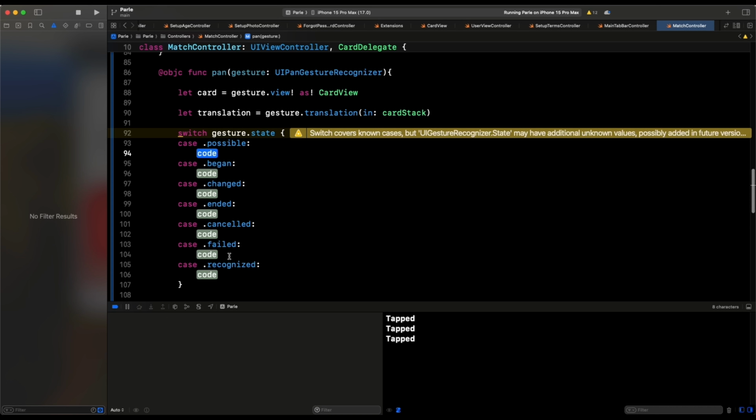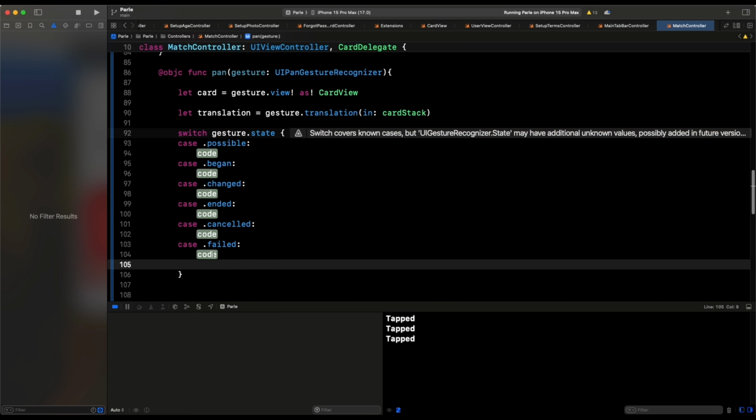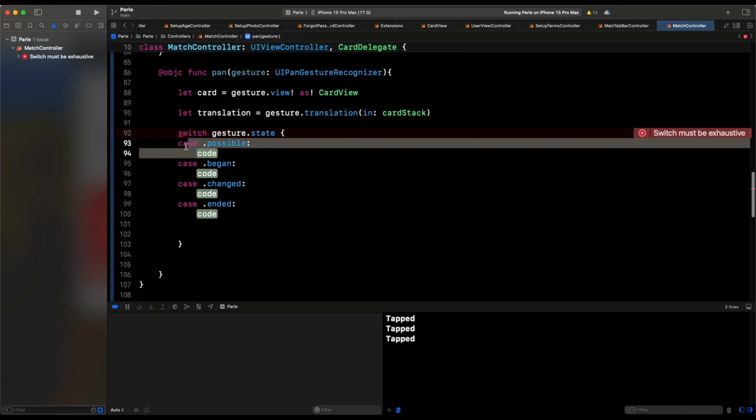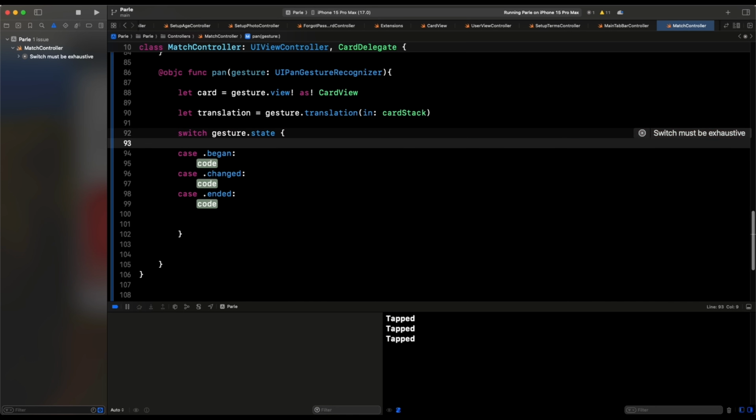Now these are a lot, right? We could get rid of a bunch of them. So what we want is begun, changed, and ended, right? So you could come here and ditch this. We don't want failed, cancelled. We want possible, no, we don't want that. And